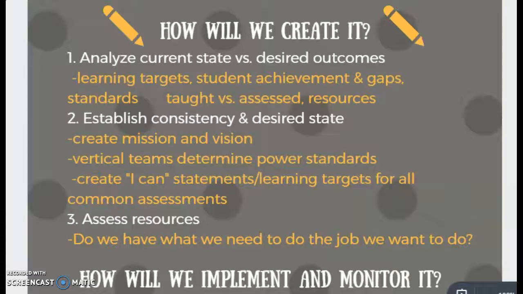And then the last thing we'll do as a measure of where we're at is assess our resources. Do we have what we need to do the job we want to do? I spoke before about how our textbooks are just resources, and there are many of you who might not have even cracked open your textbook with your students in the past however many years. We know that there are so many resources to help all of our learners at different levels, be it technology or otherwise. And so we just need to assess where we are at and what we might need to move forward.